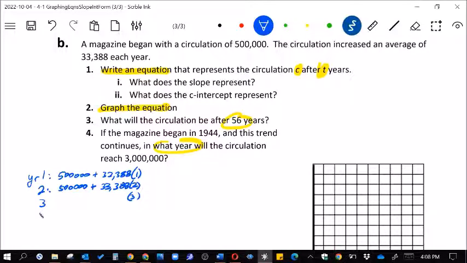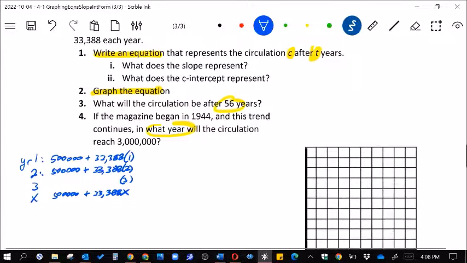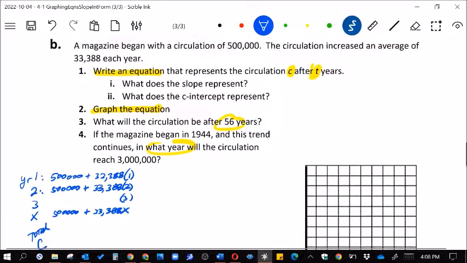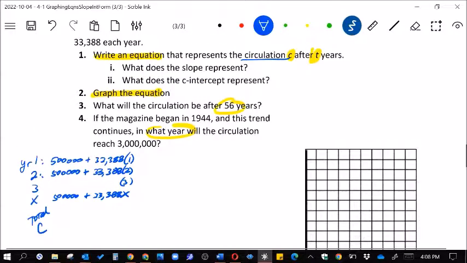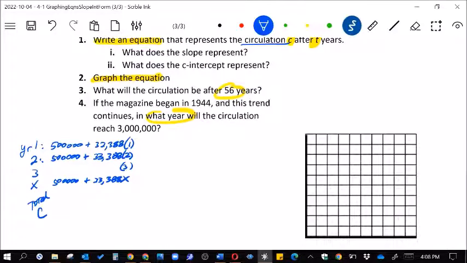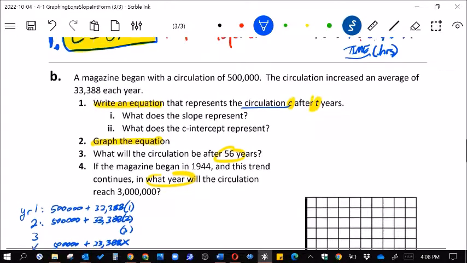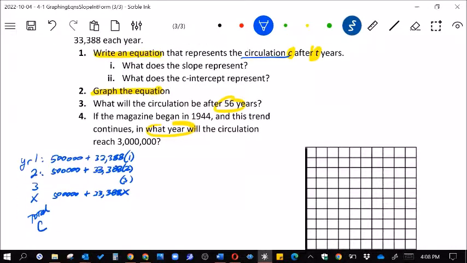So that means what I do, if it's X number of years, it's 500,000 plus 33,388X. Well, this looks suspiciously like a slope and y-intercept, and that means we need to write it in terms of the other way around. So what I would say is total, C was circulation here, not cost. I think I said cost before, but circulation meaning how many magazines are being sent out. So the total circulation is equal to